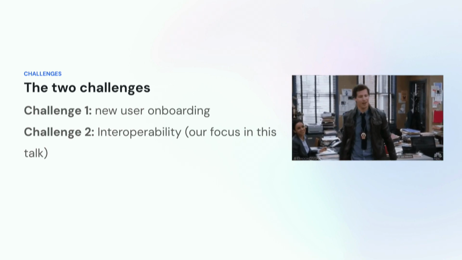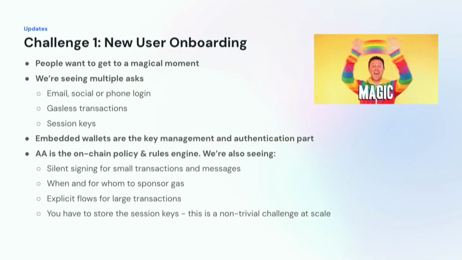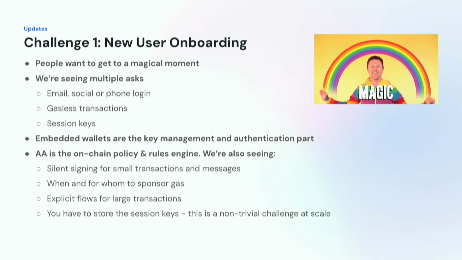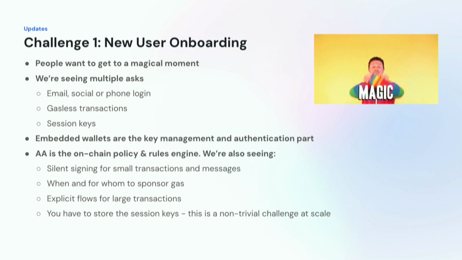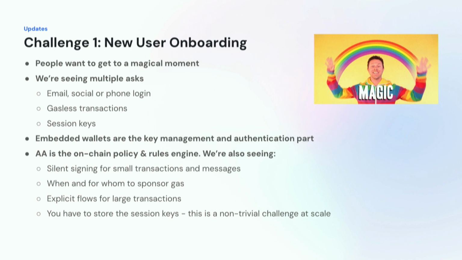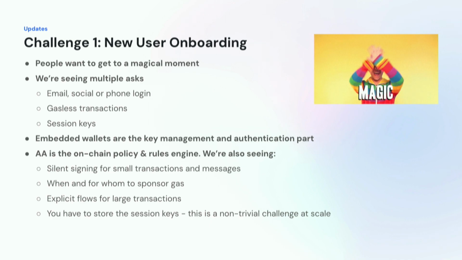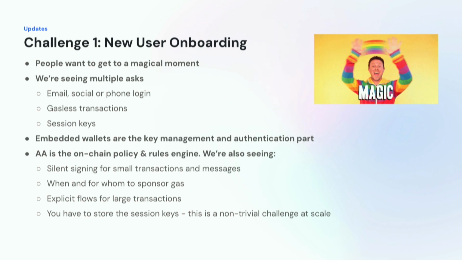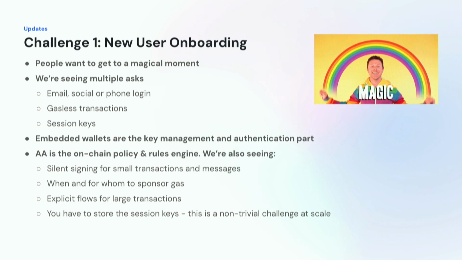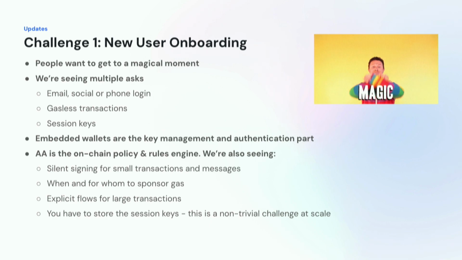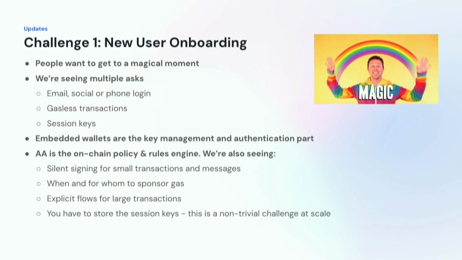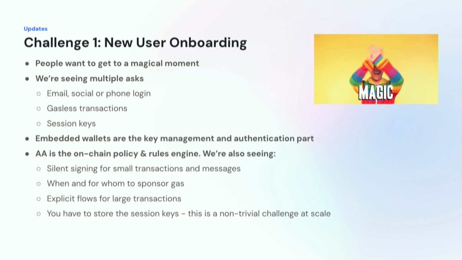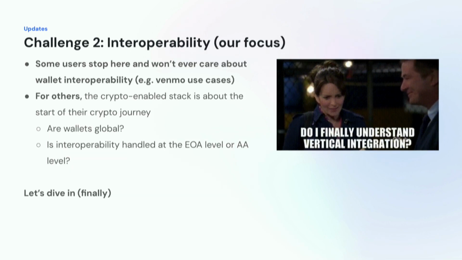And the solve for that is essentially new user onboarding, right? So email, social login, things like gasless transactions, session keys, and then policy engines within session keys for when things get approved automatically and when they don't, right? So that is the first set of challenges that we're seeing. The onboarding: a new user shows up at your app, how do you onboard them as a user? That's challenge number one. But then the second challenge that we're seeing, and that's where we're going to deep dive,